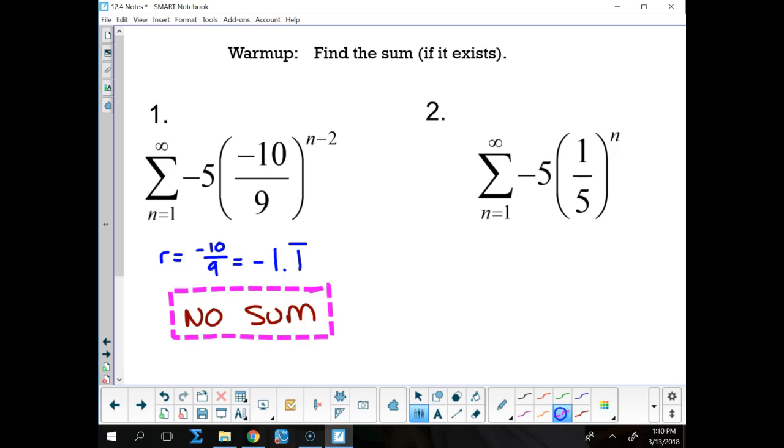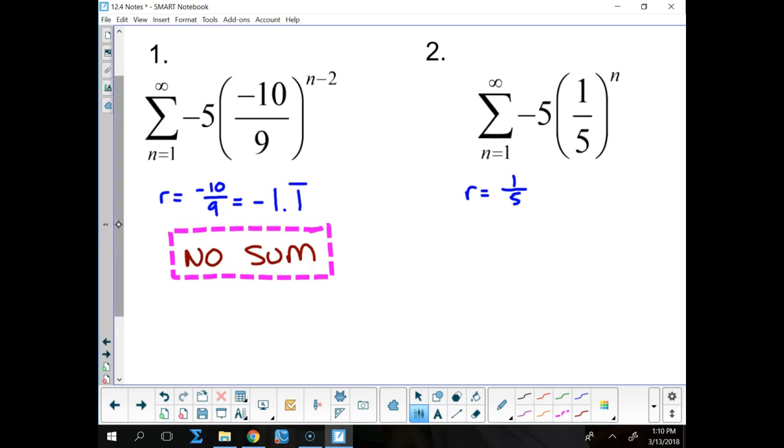Okay. Second one, can I find the sum? Yeah. Okay, because the R value is in the range. It's 1/5. Okay. What's my first term then? I get negative 1. Right? Yeah. Okay. So then my sum